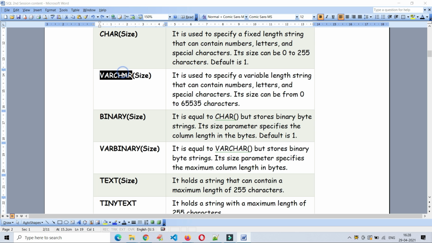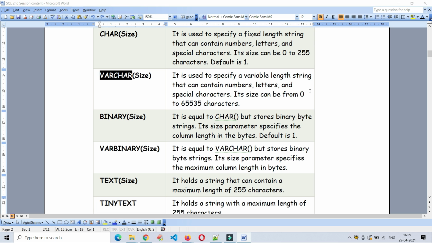On the other hand, if you declare the column with char of size, it is a fixed one. If you declare a column with varchar of size, see, if you give some size, say 10, and you enter any string data more than the specified size in the varchar, it will allow you, because it is a variable length string.